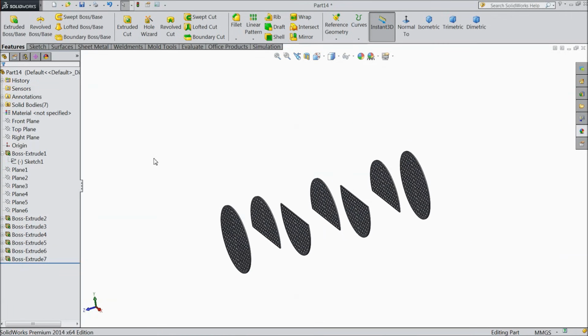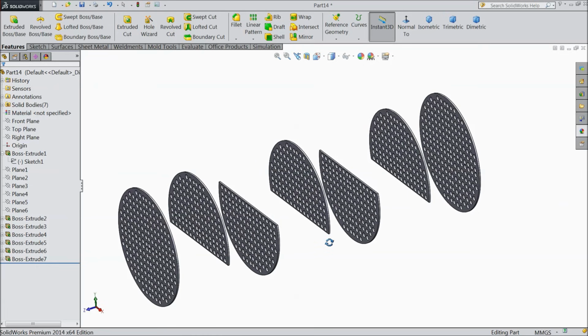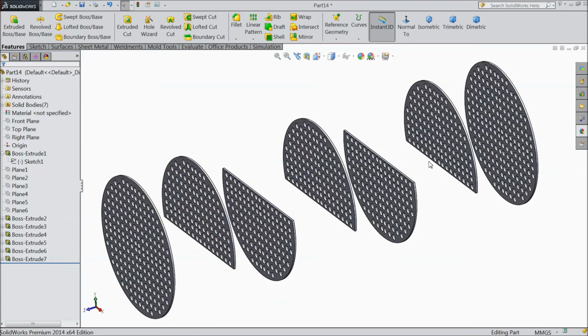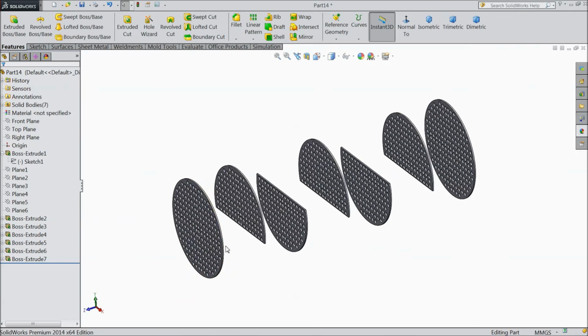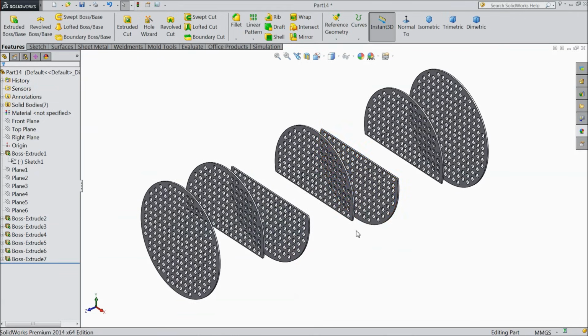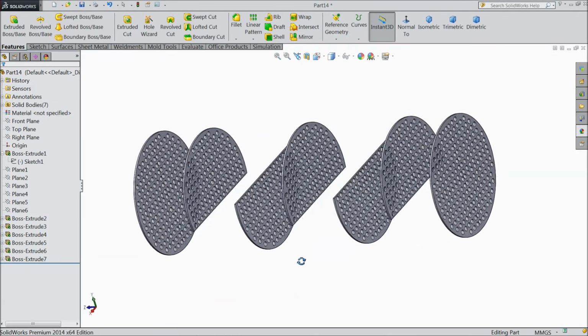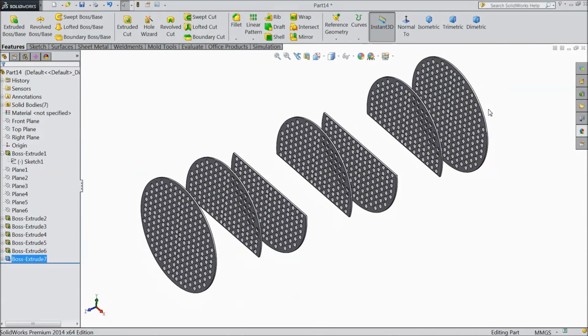Now the heat exchanger tube partitions are created. These all are the partitions. Now we will create tubes. It is a time-taking process actually. In the last body we want to do some edit feature. We want to edit something.